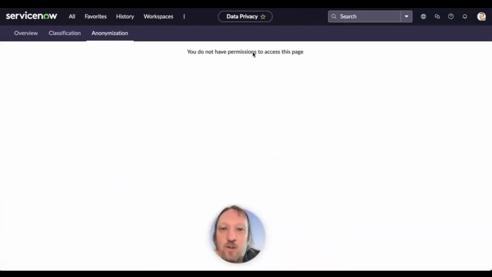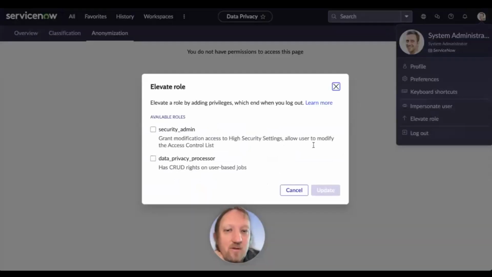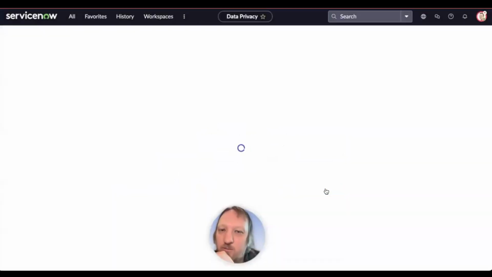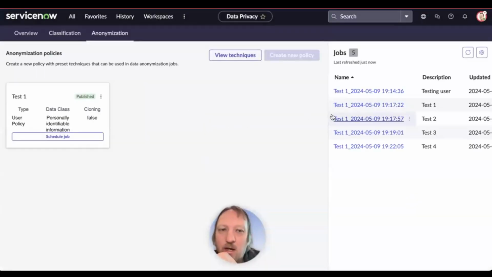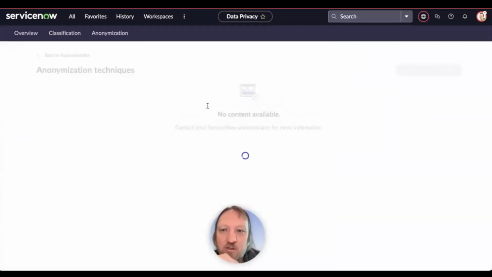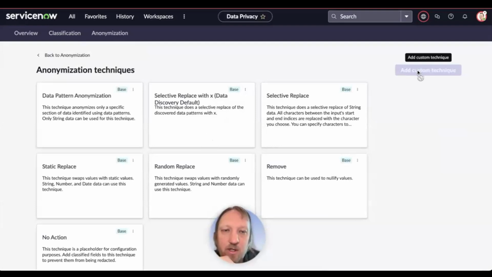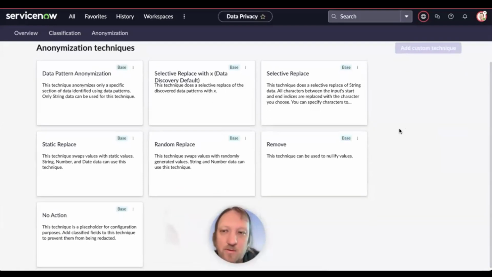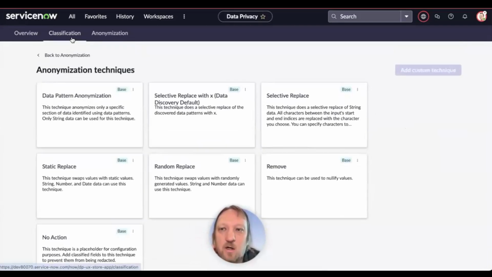So if we look at the anonymization, I have to elevate myself here to the processor, and then I should be able to see this page. Right. And this is where you can actually see the various techniques. And if I had the right role, I could add a custom one. You probably don't need to. There's a lot of options here, but you have a number of different ways to replace, a random replace, a remove, and then a no action, which comes into play when you actually set